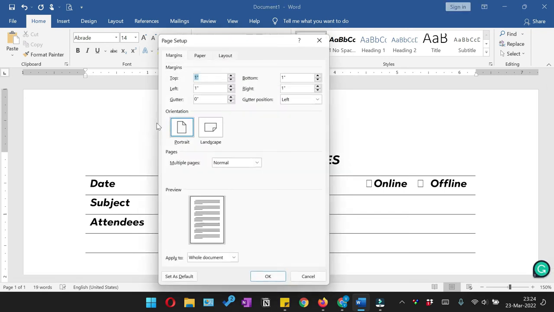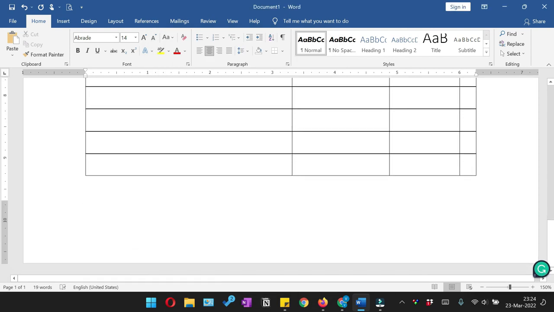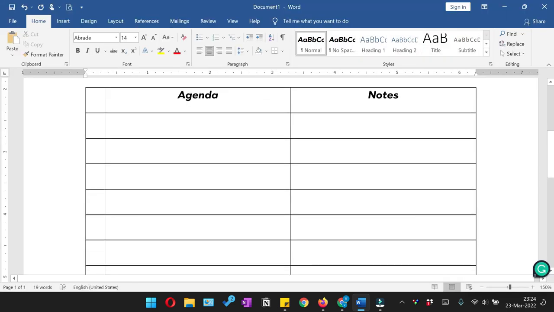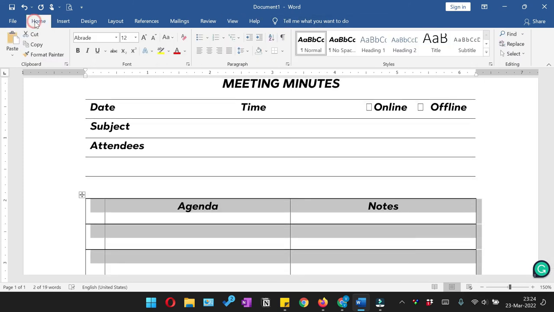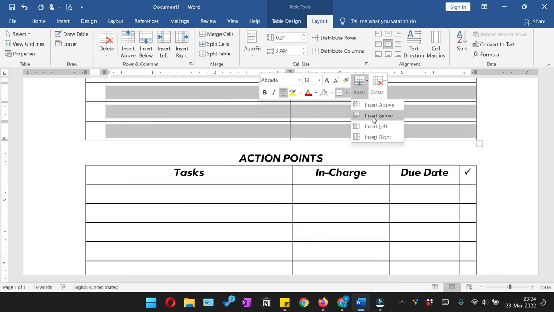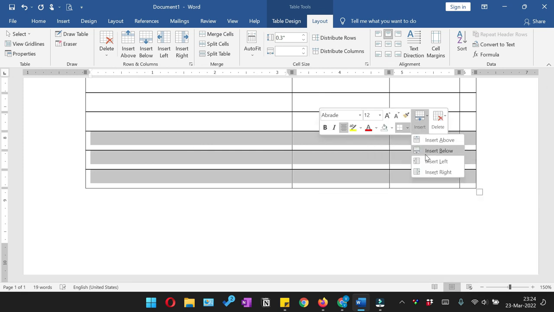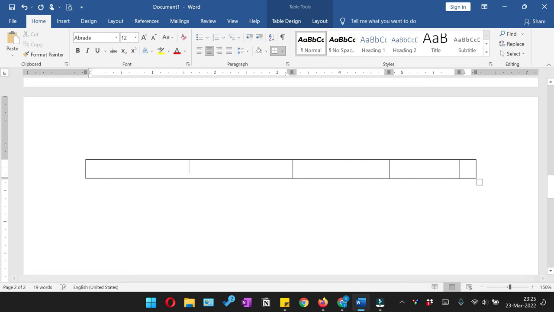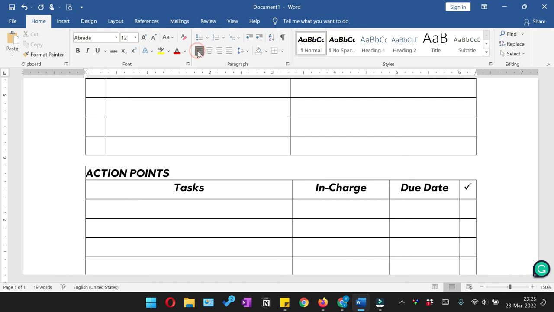And if you want, you can reduce the margin from the top and the bottom also, but I'm just going to keep it as it is, and let me show you the print preview. So we are going to reduce the rows width to 0.3. So we have just added the extra lines, but we have reduced the width of the rows because they were looking a little odd. We'll bring this action point towards the left side,